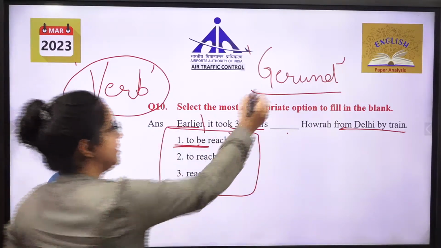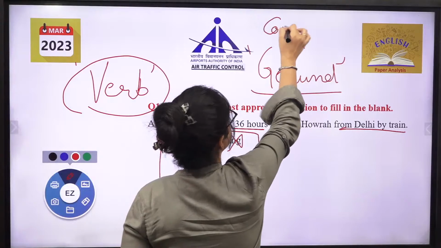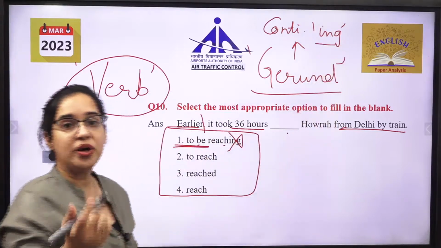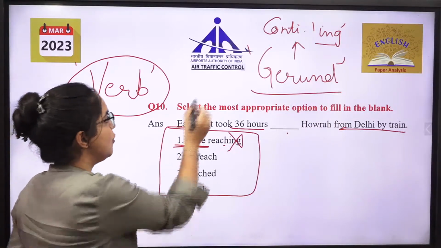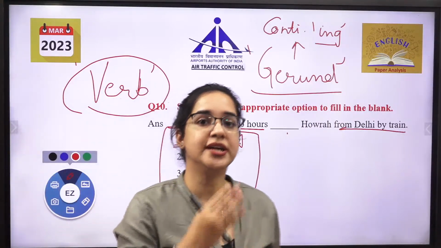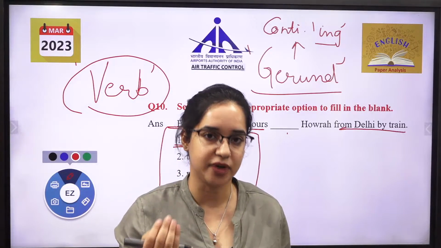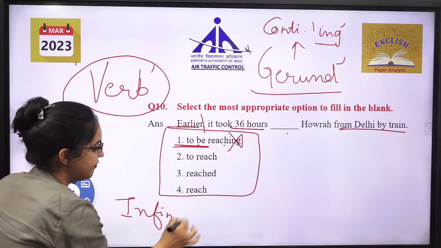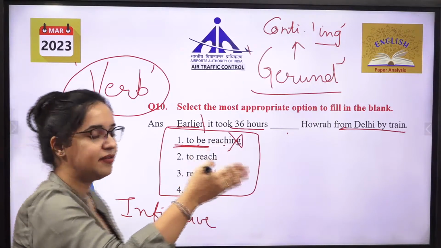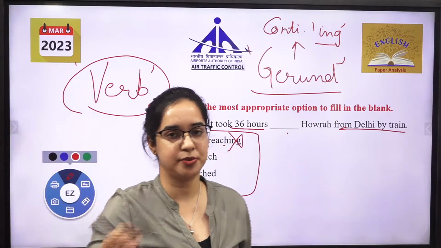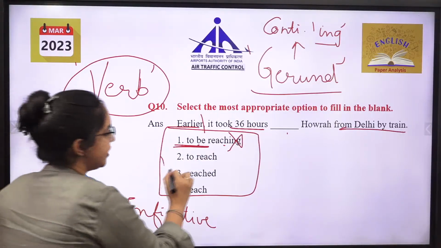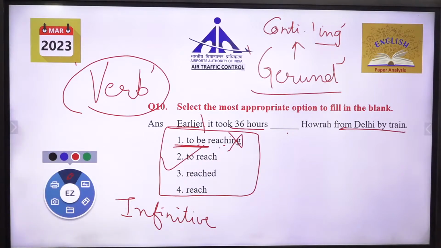Gerund means when you're talking about the continuous thing, the ing form, that is termed as gerund. Infinitive is when you are talking about "to", it is to infinitive, or without "to", right? So it does not possess the ing form. That is termed as infinitive. You might have read bare infinitives, gerunds, and participles. We will discuss it separately also. So this question was related to it. An easy one, it will be to reach. Everyone answered it correct.